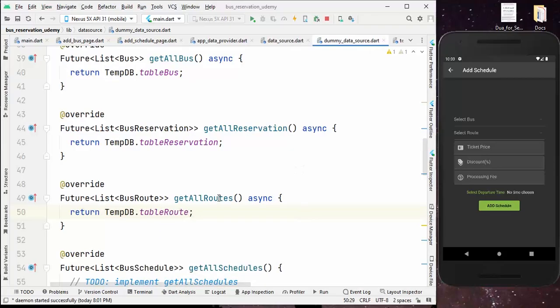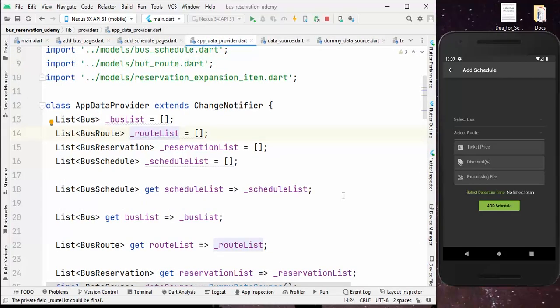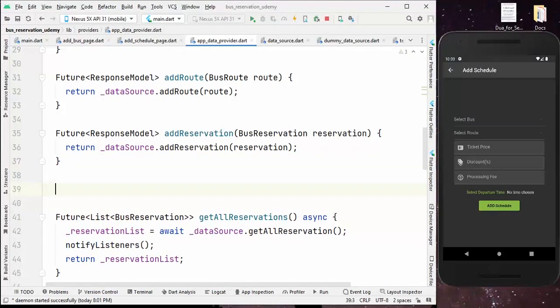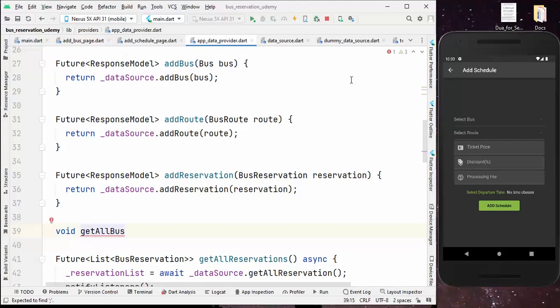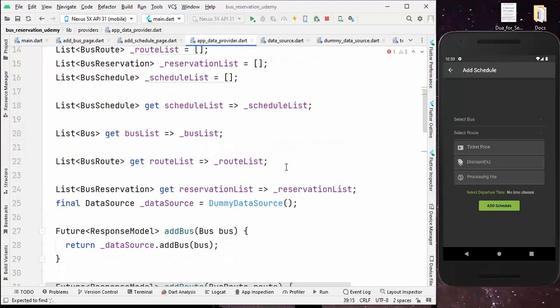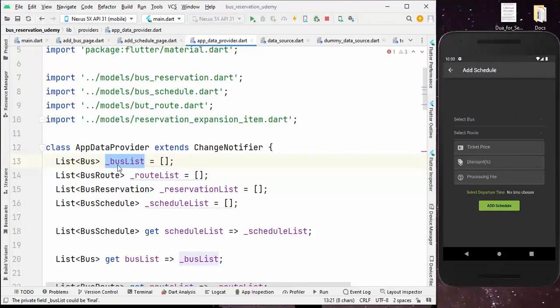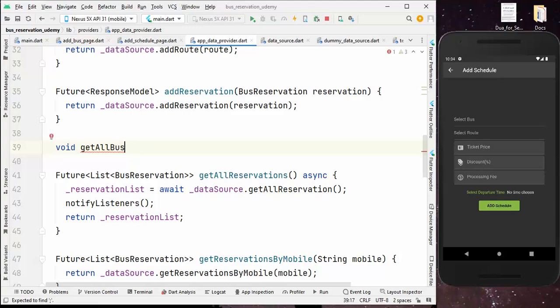So now we need to call these functions from the app data provider class. So inside the app data provider class, I am defining two methods. So void get all bus. I'm returning void because I need those bus list to store inside this list. So I'm not returning anything from this function. All the bus that will be coming from the database will be assigned to this bus list and to the route list accordingly. So get all bus, then make it async, then just